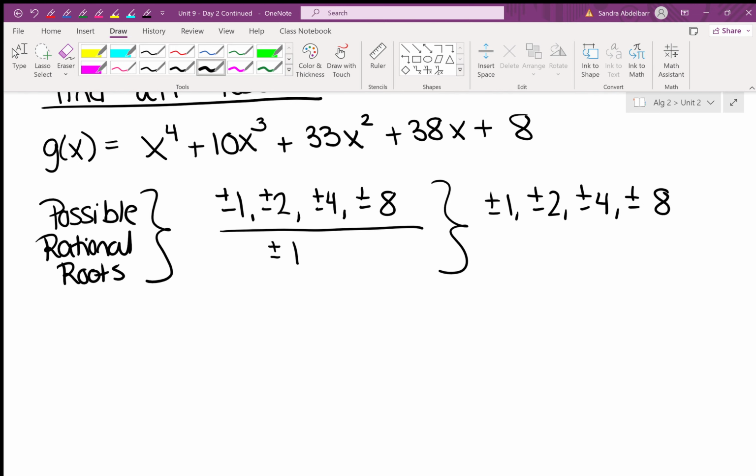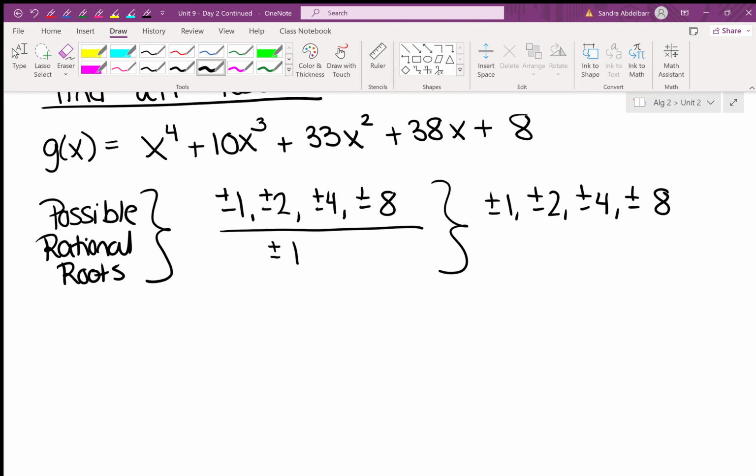1? 4? -2? Okay, so right off the bat, guys, I know 1's not going to work. How do I know 1's not going to work? Everything is a positive. So if everything's a positive and I'm putting in a positive 1, will anything cancel? There's no way to get 0. So we've got to be a little bit strategic here. All right, where do you guys